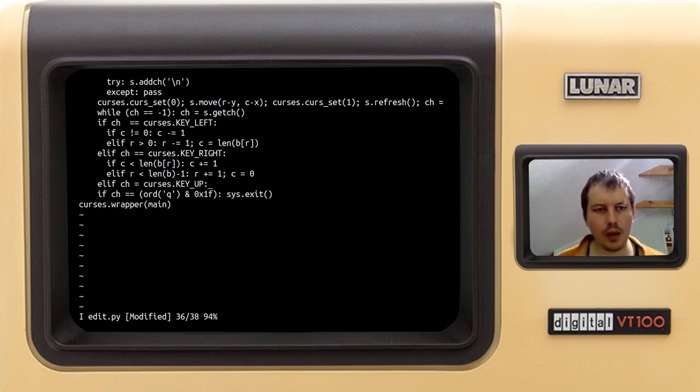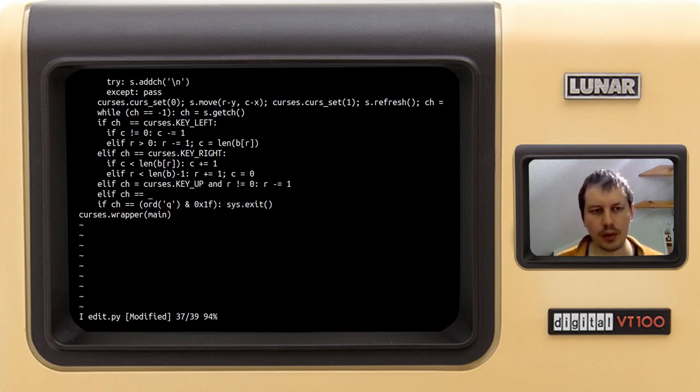Well, actually, nope. We'll do this a little bit differently. So key up, and the row is not equal to 0, so it's not the first row. In this case, we want to say row minus equals 1, and elif character is equal to curses key down,